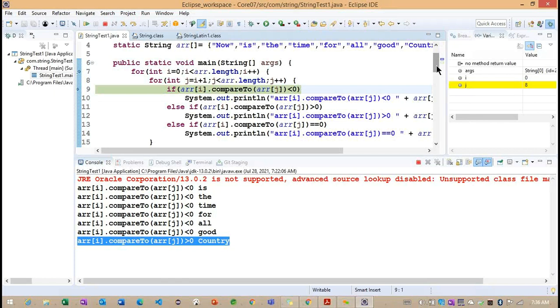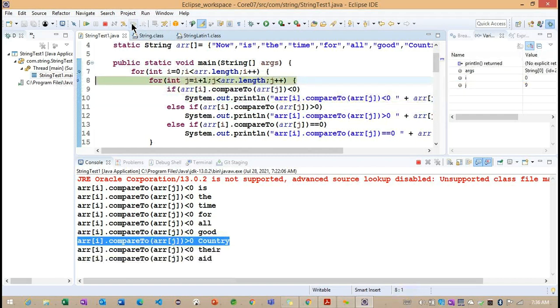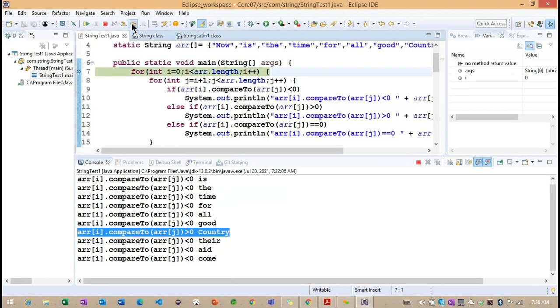So how is it returning the greater value? Based on that, the get char method will get positive values instead of negative values. So whenever we are getting the positive values, this particular section of code will be satisfied and it will print. Now you can see, one more less than condition and again the less than condition. So again we are having the less than condition.